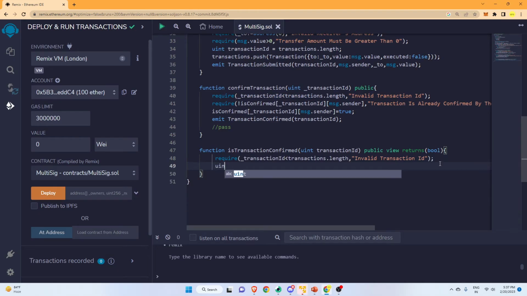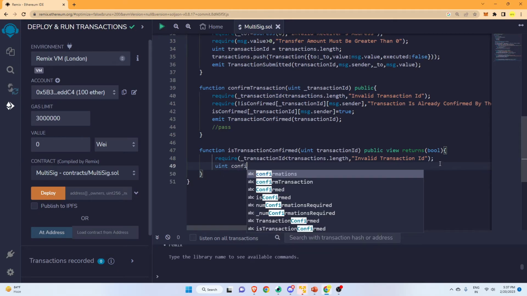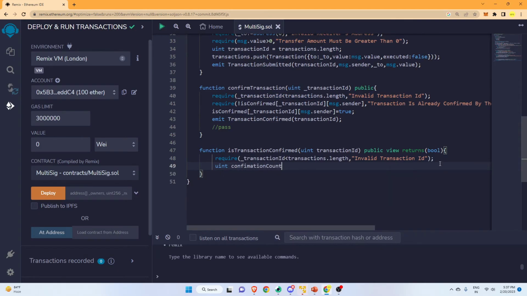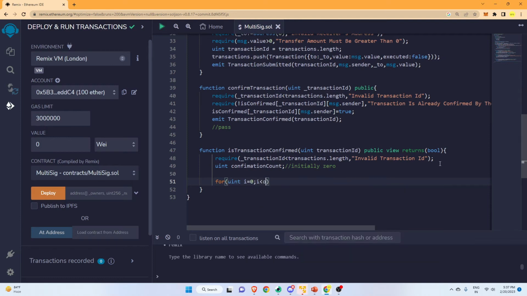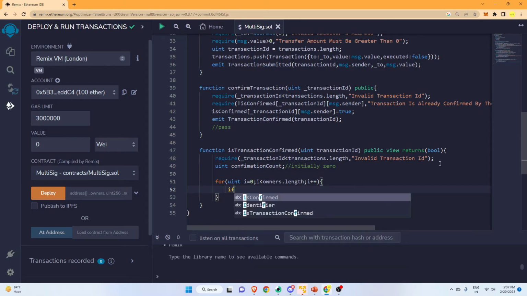And then we will create one variable by the name of confirmationCount. It will be initially 0, right? Initially it will be 0. And now we will create one loop, uint i should be less than owners.length, i++. Now this is something which will actually check whether a particular transaction is confirmed by an owner or not. So if